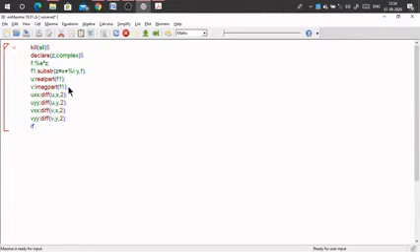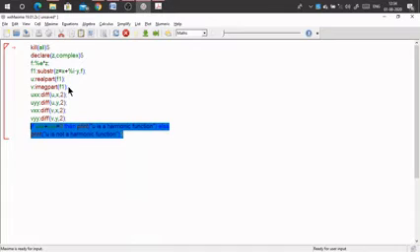So the verification step will be this: if uxx plus uyy equal to 0, then print u is a harmonic function, right? Here it is better if we include an else statement also, just to make sure that the program is complete. If the condition is not satisfied, we are supposed to say that u is not a harmonic function. So that's exactly what I am doing here, right? So this is to ensure that u is harmonic.